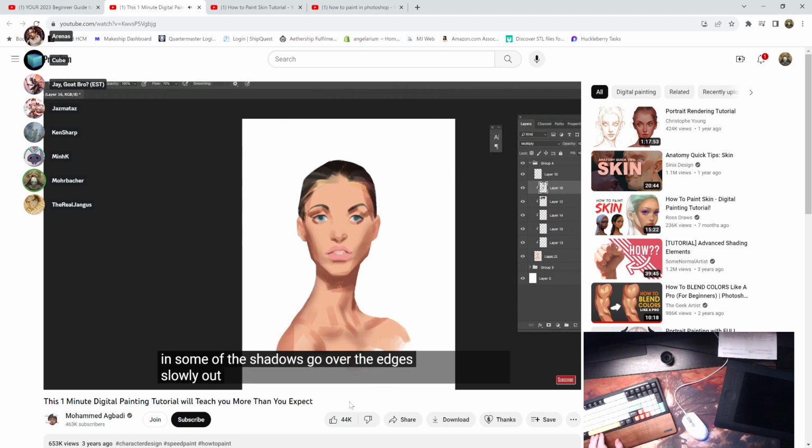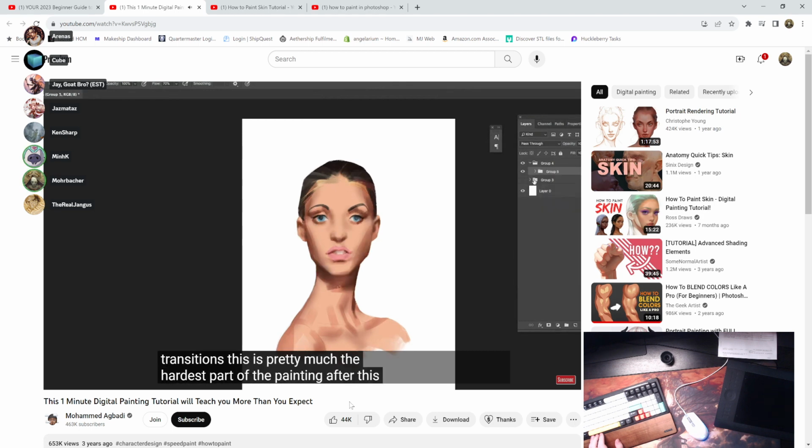Squint. Use a soft round brush to blend in some of the shadows. Go over the edges slowly and smoothly, working on the transitions. This is pretty much the hardest part of the painting. After this, merge everything together on another layer by using Command-Shift-Alt-E or Control-Shift-Alt-E on Windows. Continue painting, going back and forth with your reference and using